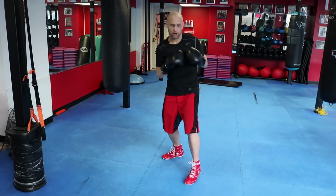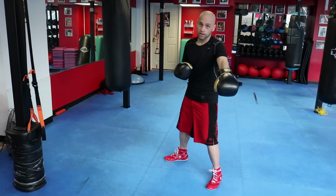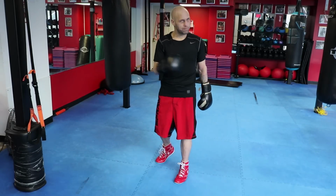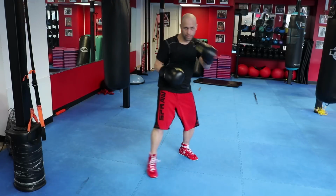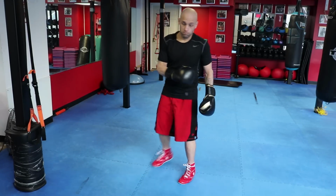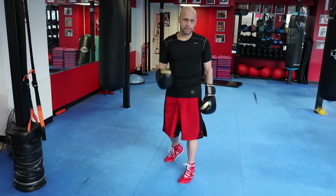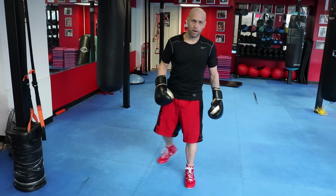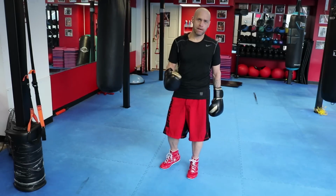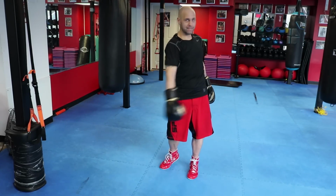So typically we talk about getting orthodox outside foot, outside the lead foot of the southpaw. Same thing for southpaws. You're trying to get your outside foot here on the outside. Moving inside is an alternate angle, and you've seen Mayweather work this against southpaws, working the jab. You've seen Roy Jones step over, throw the right hand off the jab. So we're going to go over a few examples that will also work on cutting the inside angle against a